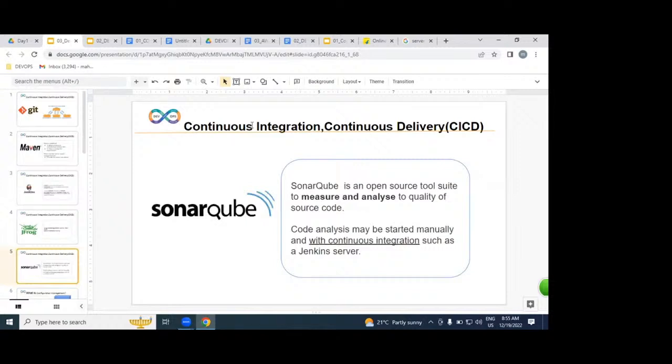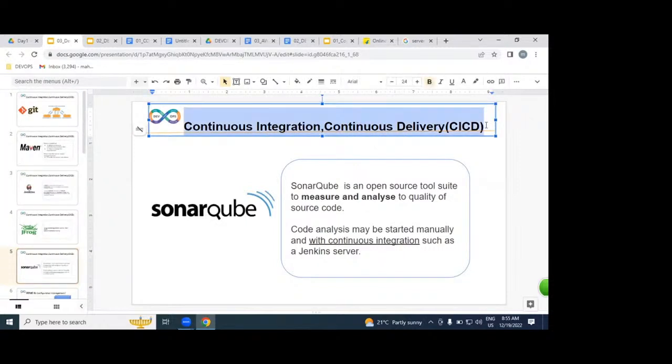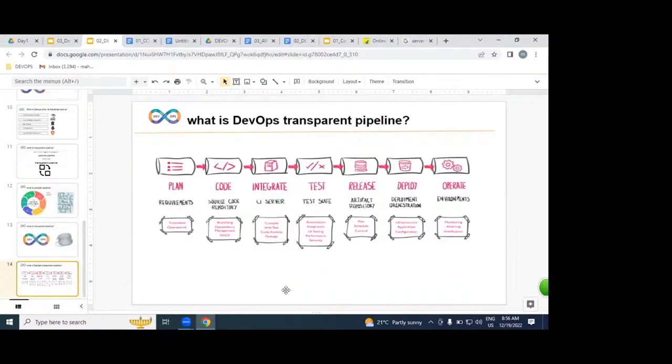We are going to implement the CI/CD process: continuous integration, continuous delivery, one module. These tools we call one module. It will take 3 weeks, or sometimes 4 weeks. Have all of you understood very clearly? So where exactly is CI/CD? CI/CD is nothing but continuous integration, continuous delivery. Continuous integration makes working software, and we are going to continuously deliver it.